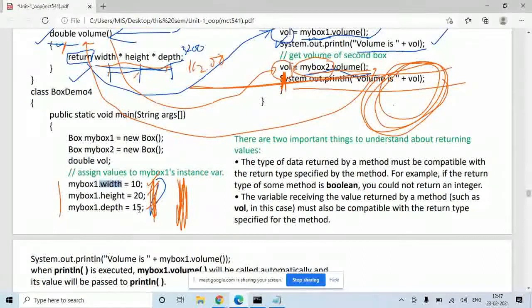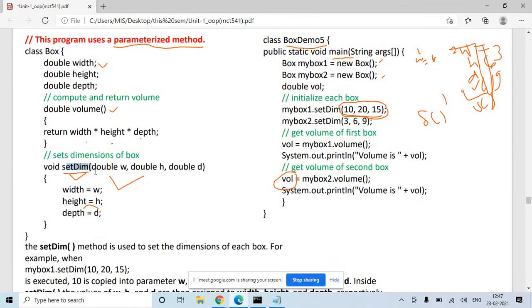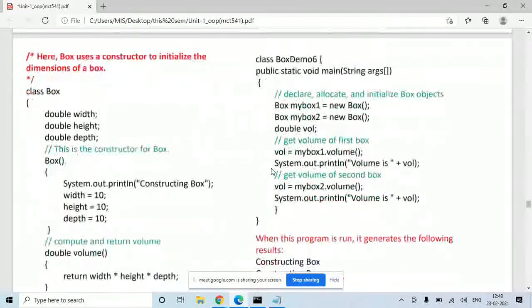A better way to initialize variables is this: instead of writing multiple times, you can write a function for initialization and you call the function name. You can call the function like this and you initialize the value. But there is another, better way to initialize.